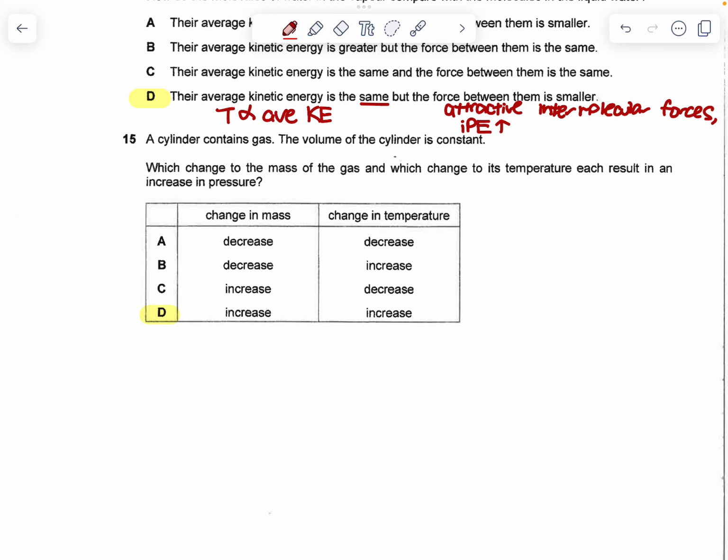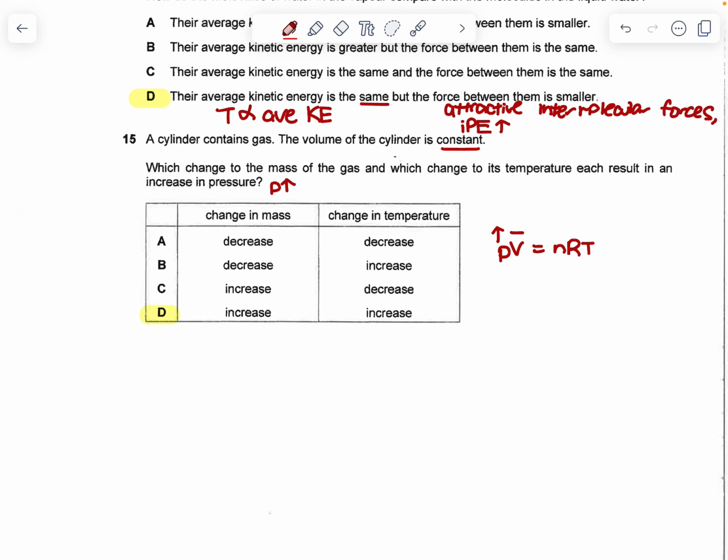Question 15. A cylinder contains gas. The volume of the cylinder is constant. Which change to the mass of the gas and which change to the temperature each results in an increase in pressure. So we will increase P. If we were to use the ideal gas law, P equals nRT over V. If you want to increase pressure, and since the volume is constant,